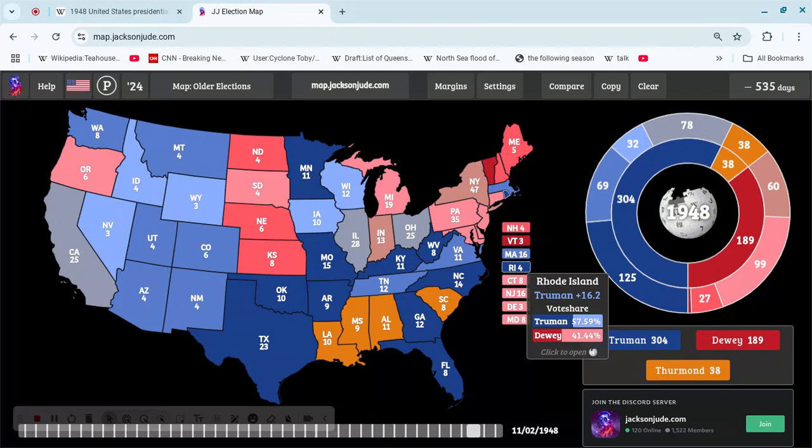New York would put Dewey over the 270 mark if he managed to win his home state. But now, as you can see, without third parties, it becomes a lot tougher because now he has to win New York and shift the nation over 7.2%. Republicans still have an electoral college bias of 2.3%, but now it's a lot easier to see how the Democrats had coattails. The whole reason why the election was close was because of third parties, and Truman still managed to